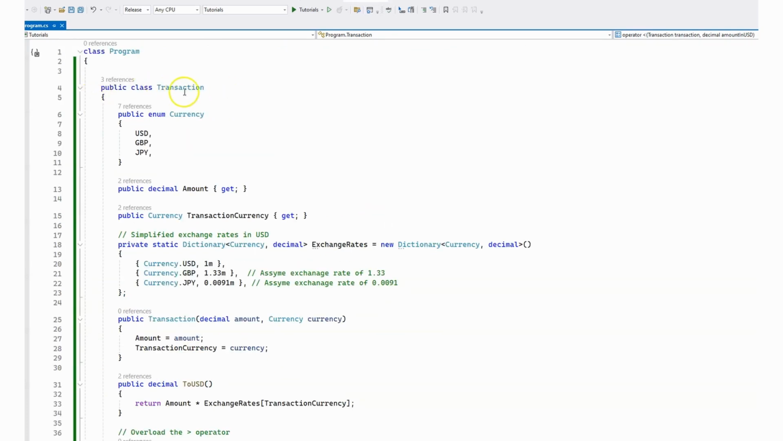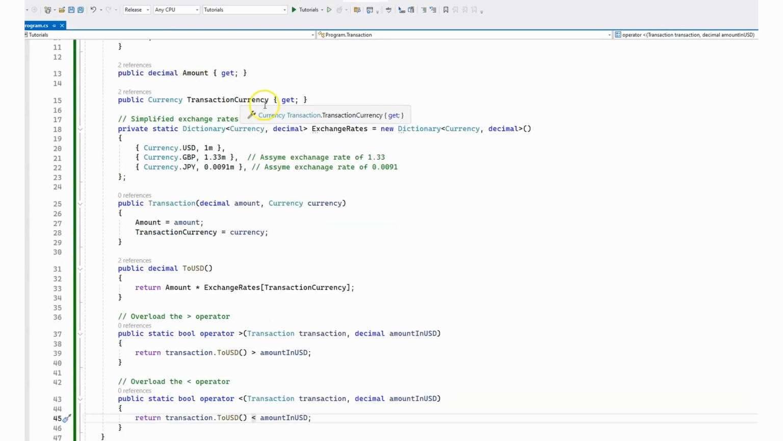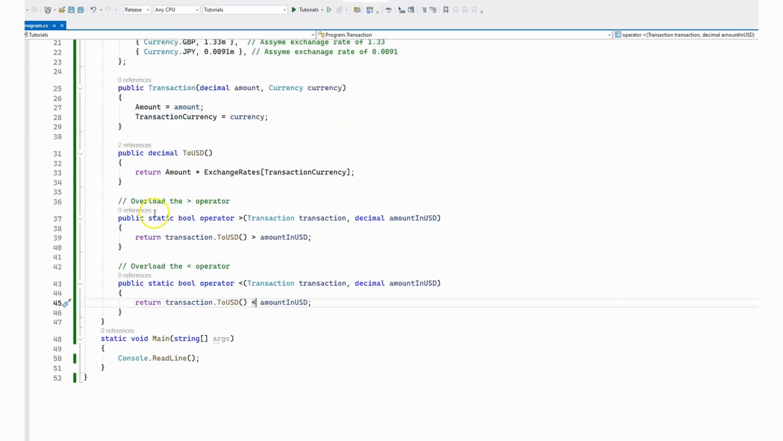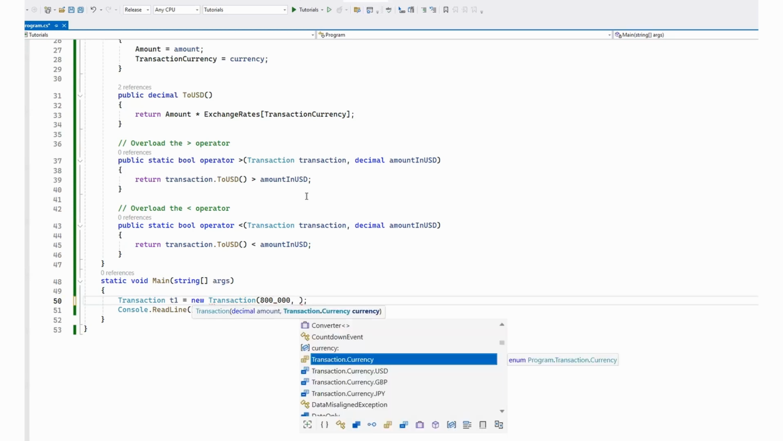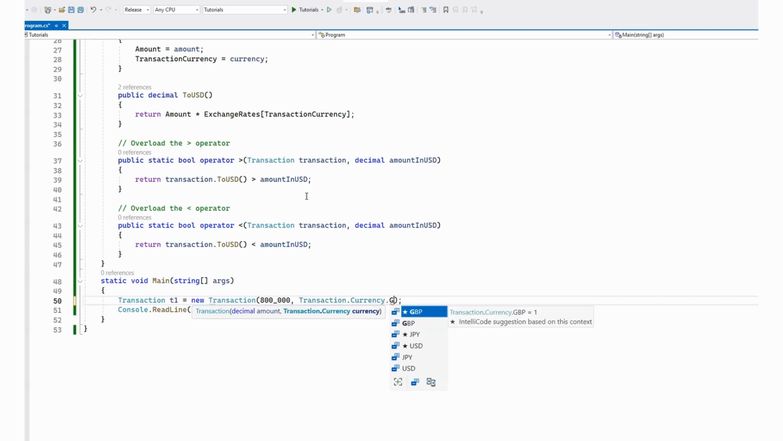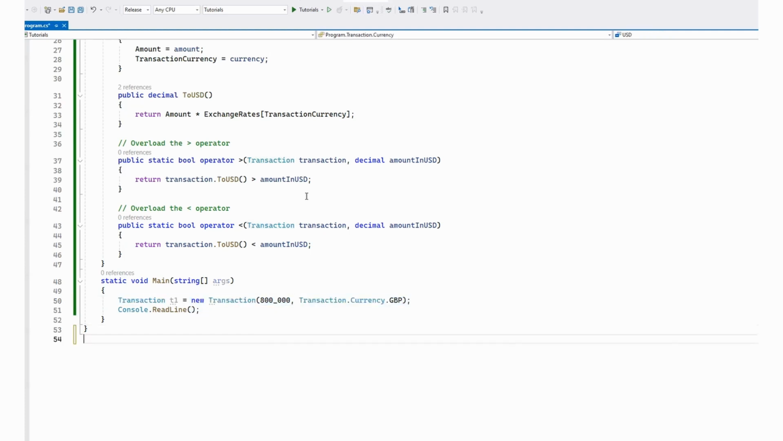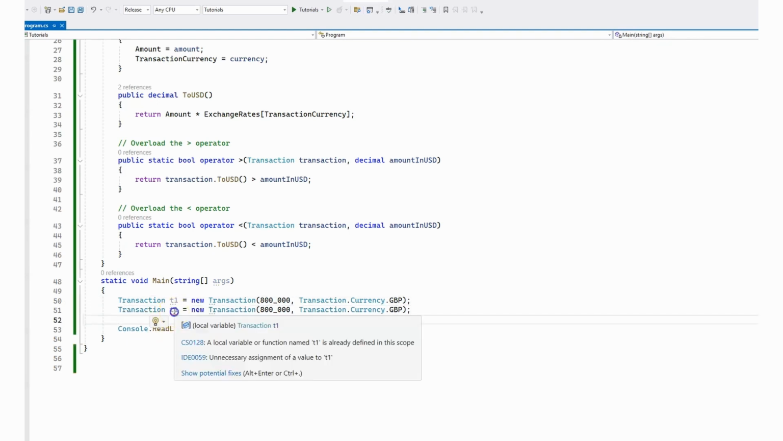Okay, we have created our transaction class: currency, amount, transaction currency, exchange rates. We overloaded the two operators, so let's see how we can use this transaction class in our code. Let's make Transaction t1 equals new Transaction, and we're going to make this 800,000, and transaction currency is going to be British pound,